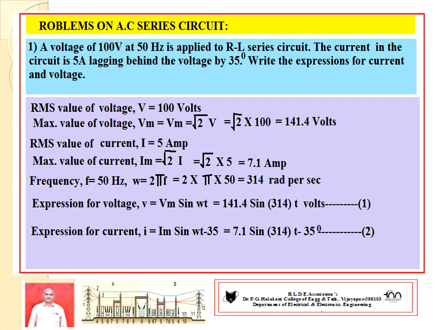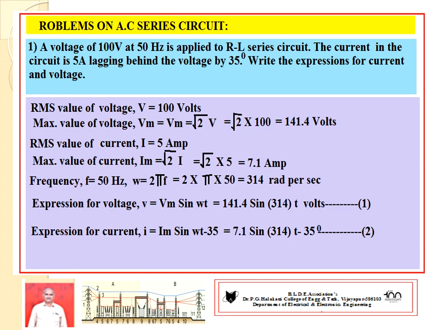So he asked to construct the current expression. Hence we should know the voltage and current expression relations of RL. That is v equal to Vm sin omega t as reference. So the resultant current becomes i equal to Im sin(omega t minus phi). These two are general expressions. So go towards this one.